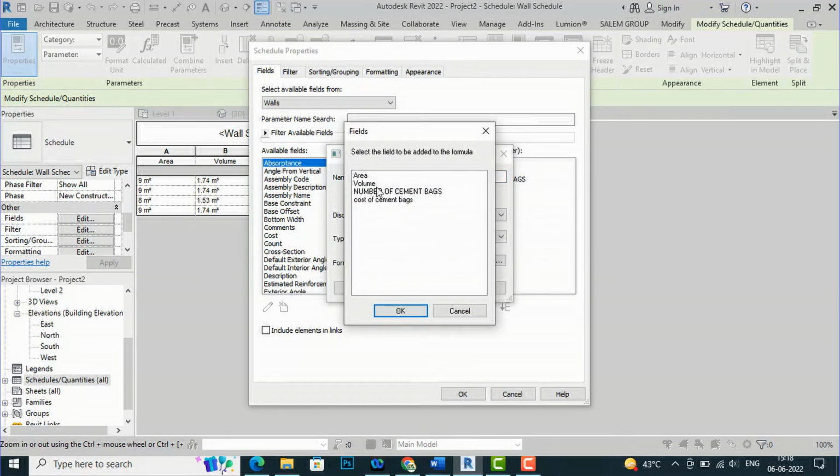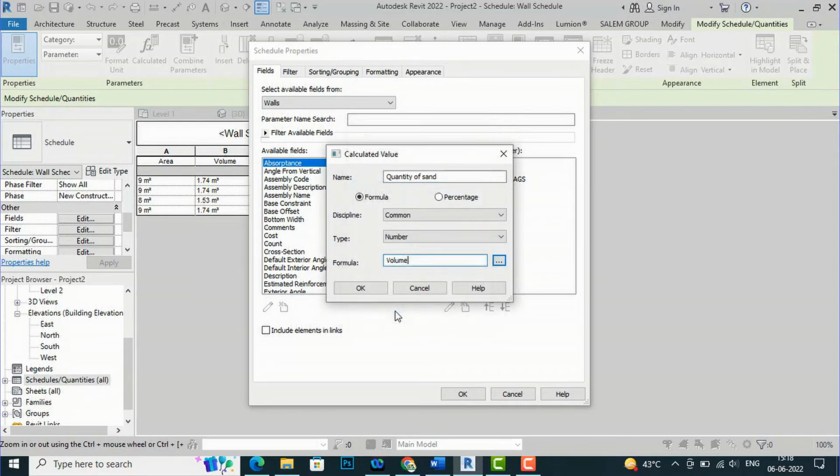So now we will select volume, and you have to multiply with 432.3 per 1 meter cube here. So this is the formula. This is the quantity of sand in 1 meter. So if you'll again refer to this